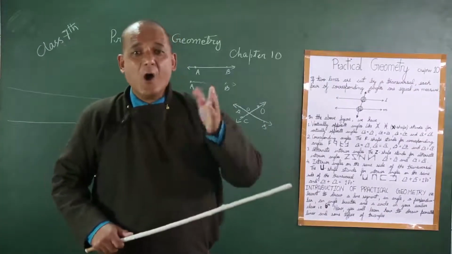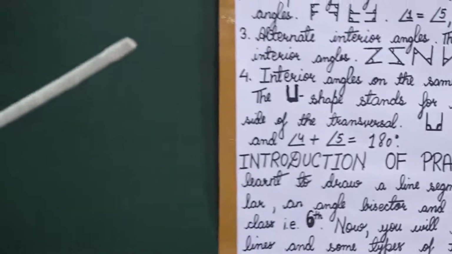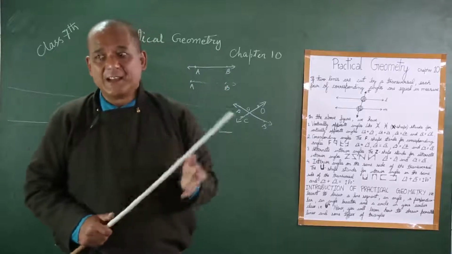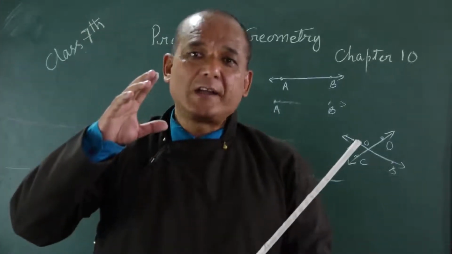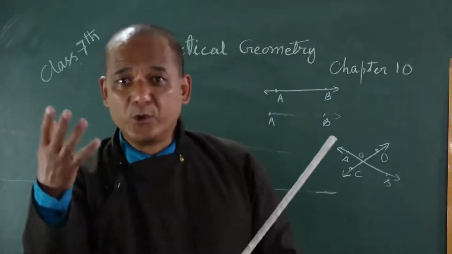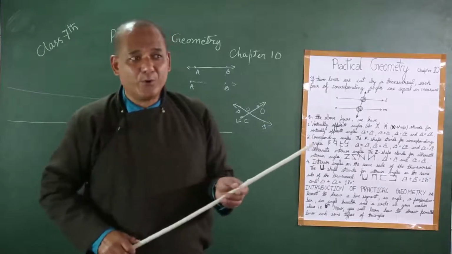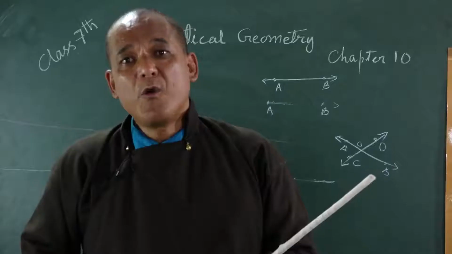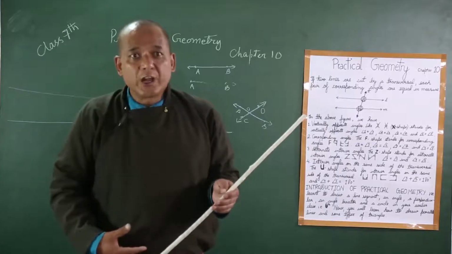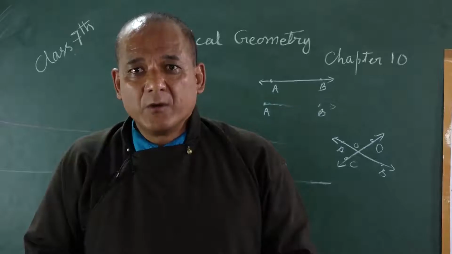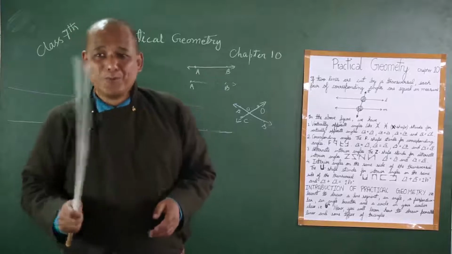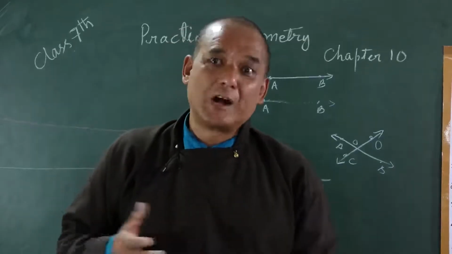Now, when we are talking about different aspects, we talk about two things. One is axiom and the other is theorem. So axiom is a fact in geometry whose existence you cannot explain, or you cannot prove. It is the reality, but you cannot prove it. For example, if somebody asks you, where is your stomach? You cannot show them your stomach, no? Where is your heart? Can you show me your heart? No, you can't show. That is called axiom. It doesn't mean that you don't have a heart. You have a heart, but you can't show it.